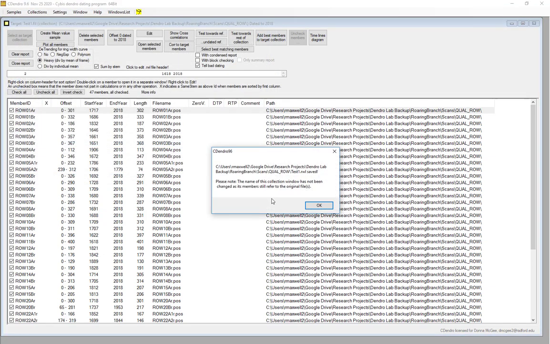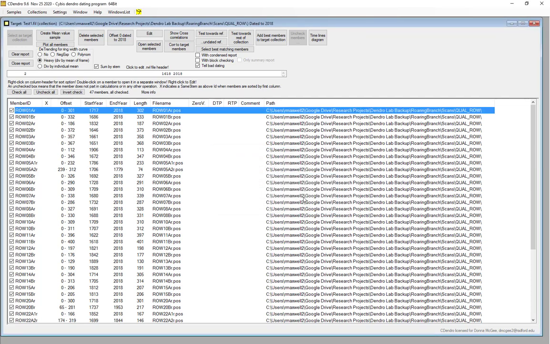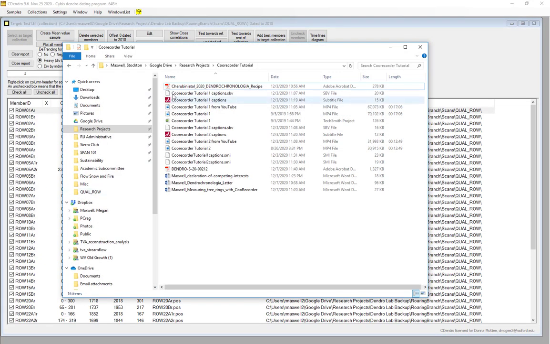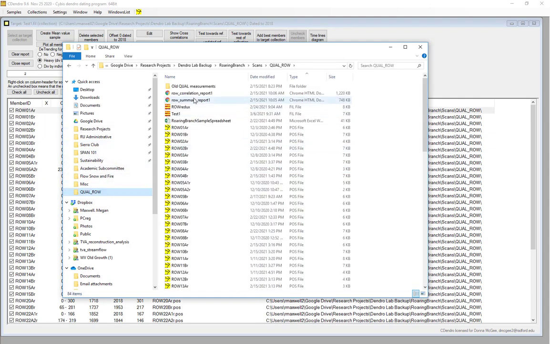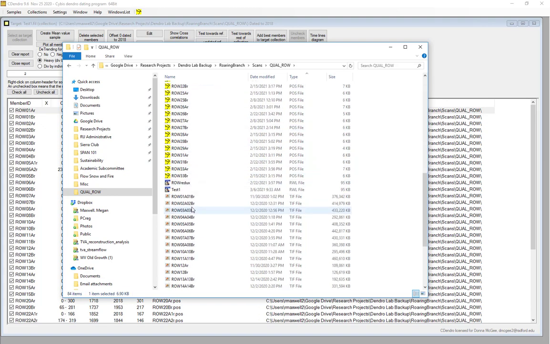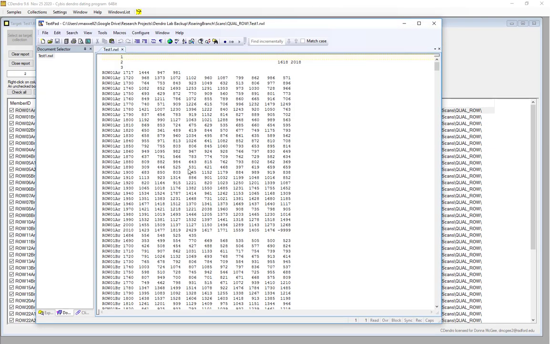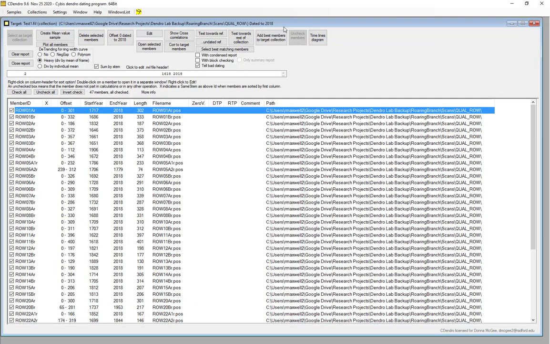And it's going to give you another warning message here telling you about some of the members that may be included or not included in there. And if you look at that file, let me go and find where I just saved it. If we go ahead and look at it, we can see the test1.fill, but we can also see that we have the collection here as an RWL format. And if we open that, it looks like your standard format. I don't have anything set in the header yet.